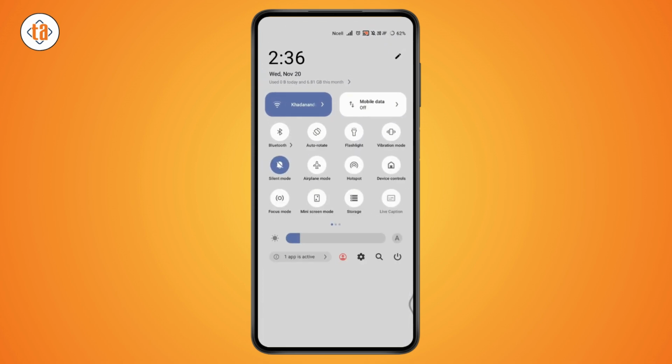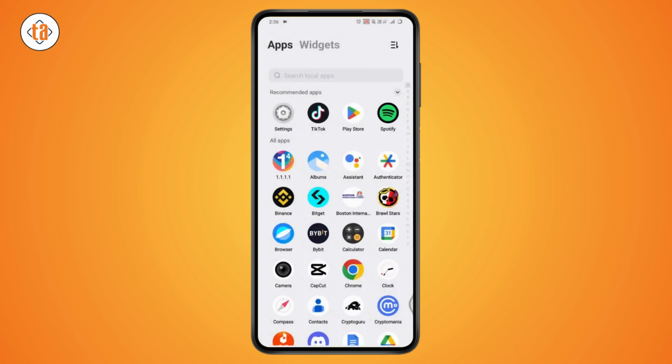So if you're using your Wi-Fi, you can go with the mobile data. Or if you're using your mobile data, then you can go with your Wi-Fi. Switch the network, and after that your problem might be fixed. But if that doesn't fix your problem, then move on to the next solution, which is you need to open